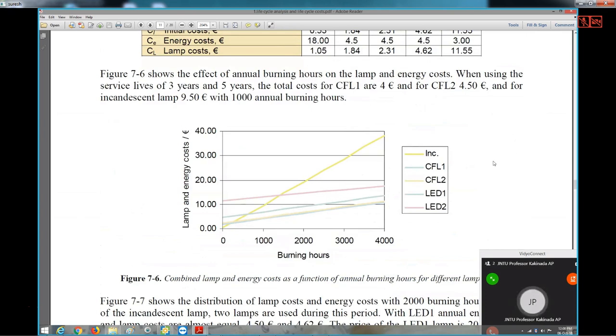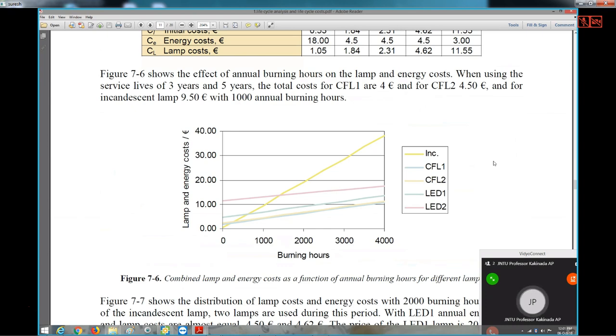Now coming to burning hours versus lamp energy costs, this shows that if the burning hours are increasing, definitely the lamp and energy costs are going to increase. For example, we are taking an incandescent lamp with 0 to 4,000 burning hours. The energy cost is going to increase linearly. So, as burning hours increase, lamp cost as well as the total energy cost increases proportionately,